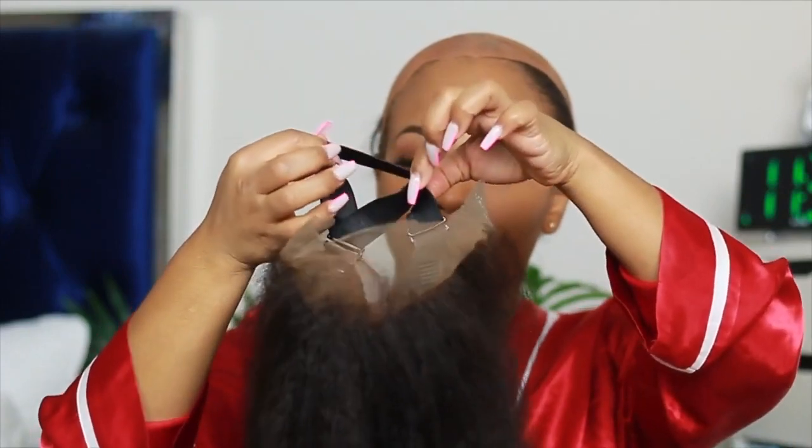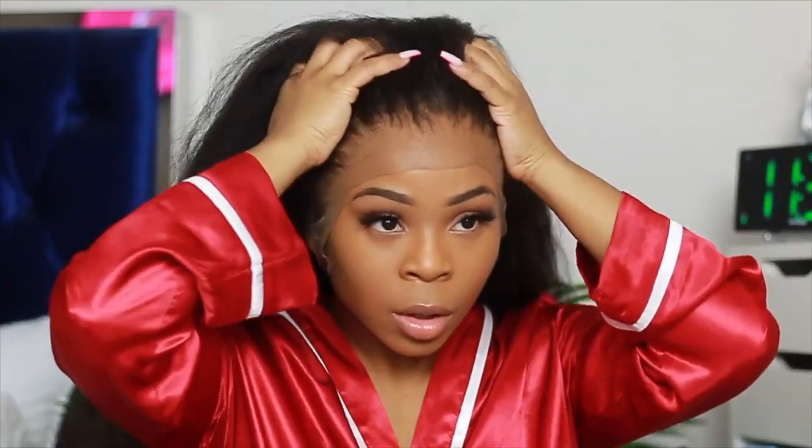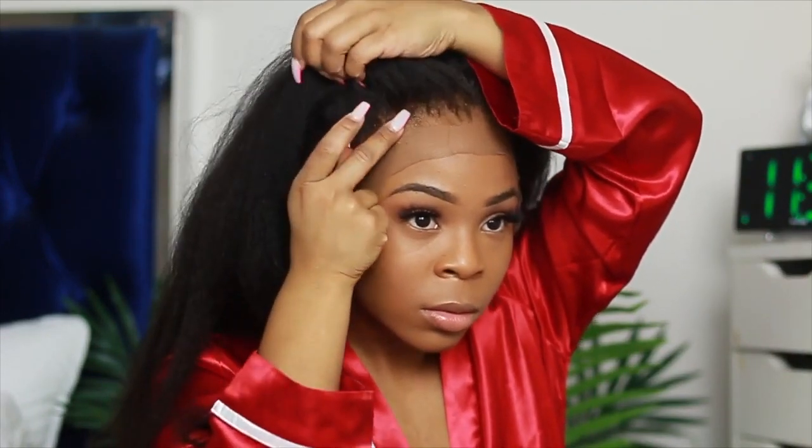One way to maintain this type of wig and hair texture is by straightening it, and that makes it a whole lot easier to maintain. It's not as hard to deal with, and it flattens out the puffiness of the hair. That's what we're going to be doing later in the video. Another way to keep the hair from feeling so puffy and wild is to curl it. I'm not going to curl it in this video, but you can do that to flatten